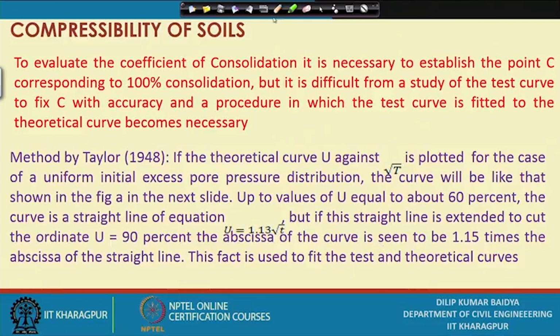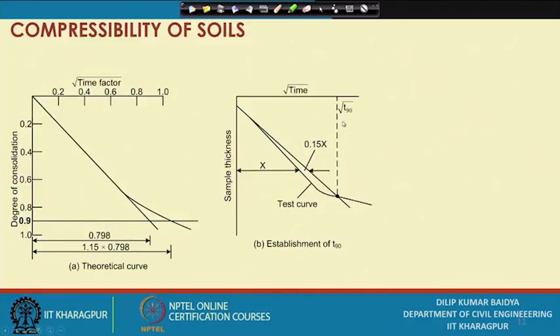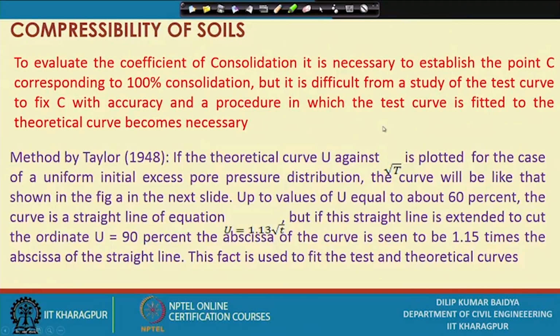So, to evaluate the coefficient of consolidation, it is necessary to establish the point C. That means we have shown that this is the point, there is this one and then this one and then this one. So, between B to C, that means C point has to be established. Why? Because this is the end of 100% consolidation,